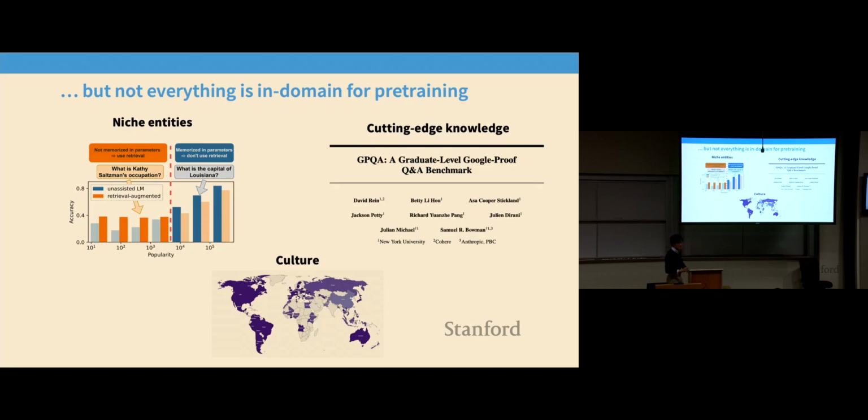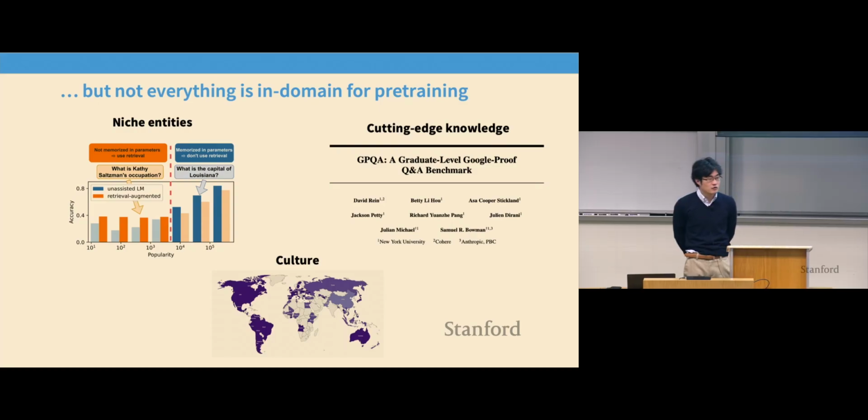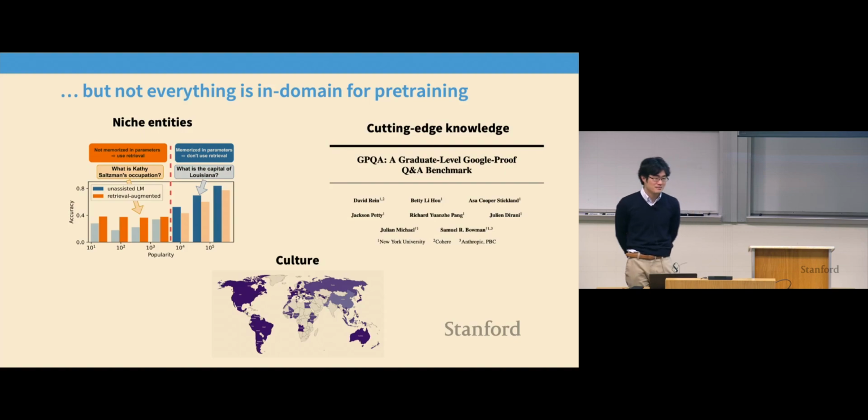Yes? How can retrieval augmentation harm the language model's performance? Yeah, if you put irrelevant contexts in, you can certainly harm the performance of the model. You might also retrieve some misleading but correct-looking things and put them into the context. It's not always the case, especially for really obvious facts, that retrieval augmentation is a big win. I don't need retrieval augmentation to know that the Earth is round.